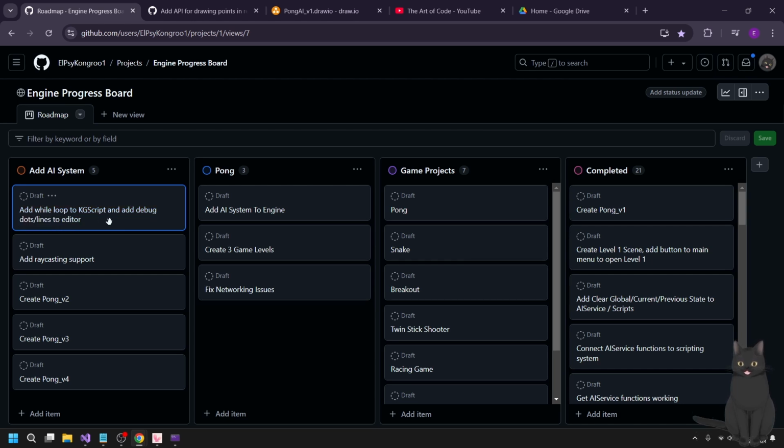So just a few more functions need to be added, and then I need to add support inside the scripts, and then connect the scripts to the editor, and then it'll finally work, right? And then I just need to add raycasting support. This is gonna be a whole thing, but I kind of already have an idea how to do this, and then hopefully next stream maybe we can start working on version 2 of the Pong.